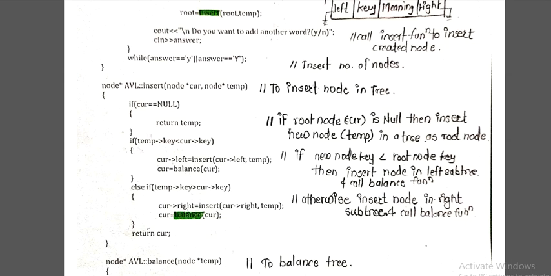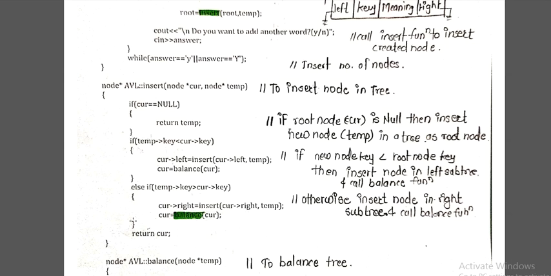You can see it is marked green, because we are calling this function in the insert function. So if the key is inserted on the left, we still call balance over here. If the key is greater than the current key, then you insert it on the right side. Again we recursively call the insert function so that the temp node gets inserted on the right side, and again we need to balance that tree. So we call the balance function on the current node, and likewise we return that current node.